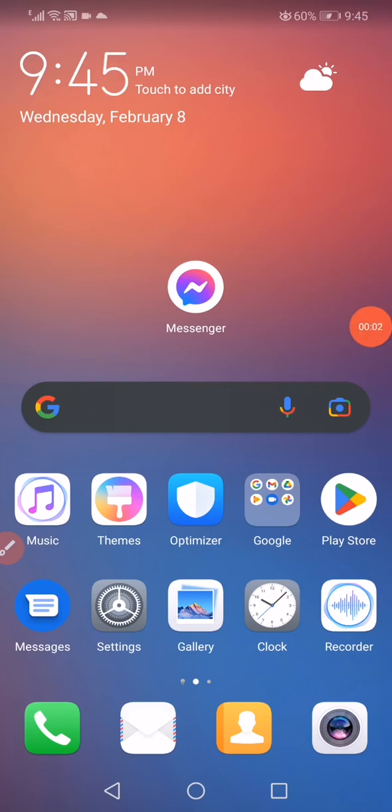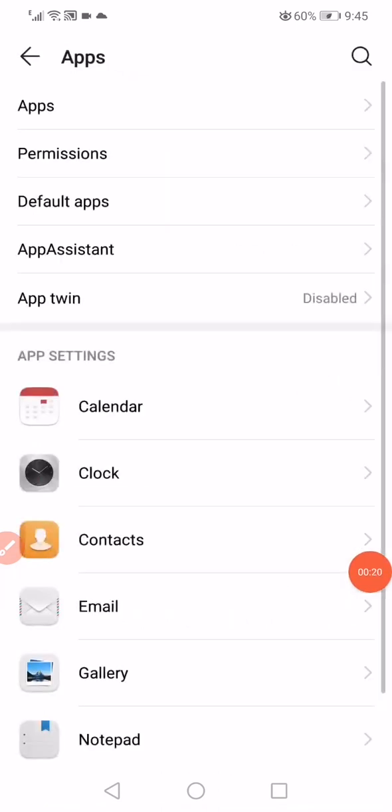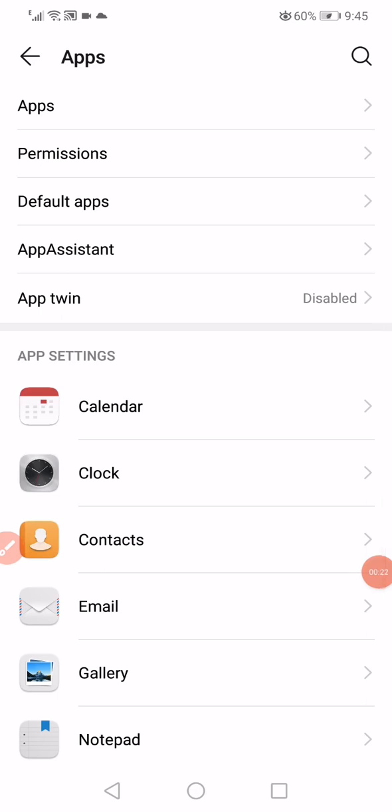So in today's video I'm gonna show you how to fix the Facebook Messenger switch accounts. First thing guys, all what you wanna do is go to the settings on your phone and then go to the apps manager right here. When you go to the apps manager on this page, you will find all the apps that you have on your phone. So all what you wanna do is wait a few seconds,